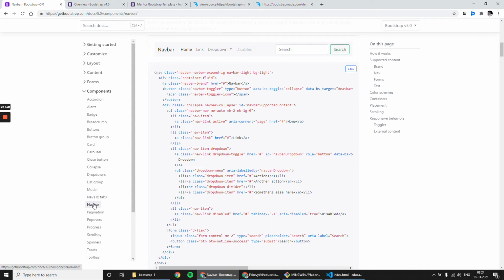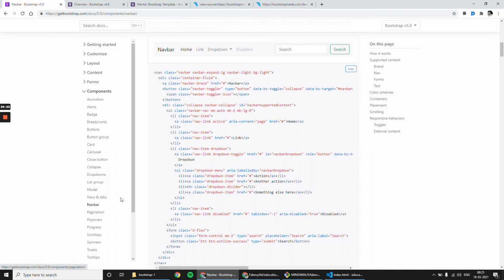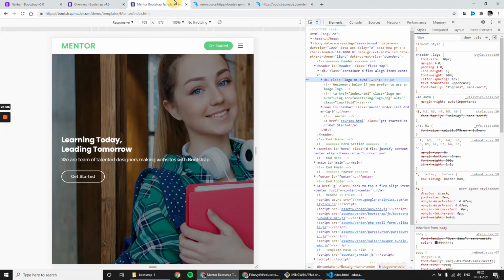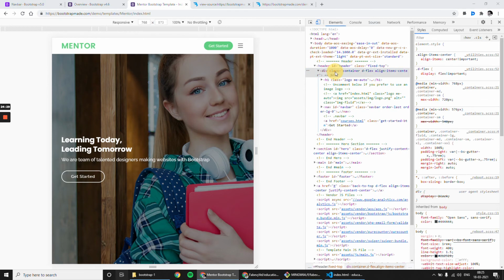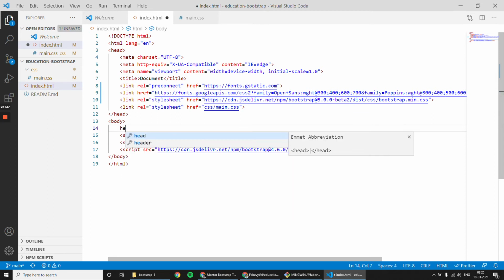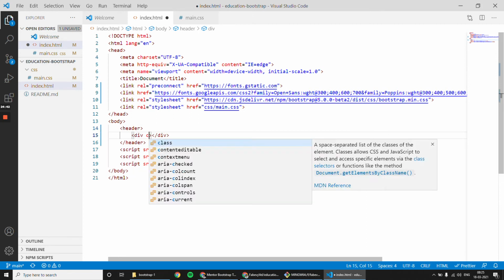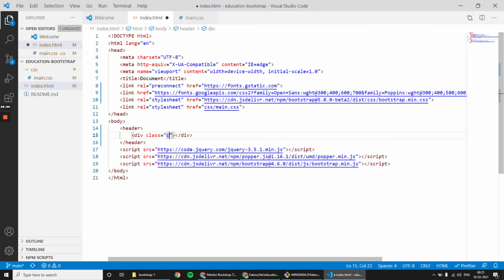So I'm not going to use navbar here, but if you want, you can practice it in some other repository, but we are not going to use bootstrap's available component, but we are going to develop this from scratch. So how we will develop it? We need to have the base HTML div, or we can give header, and inside that I will give a class name called container. There are two types of containers.